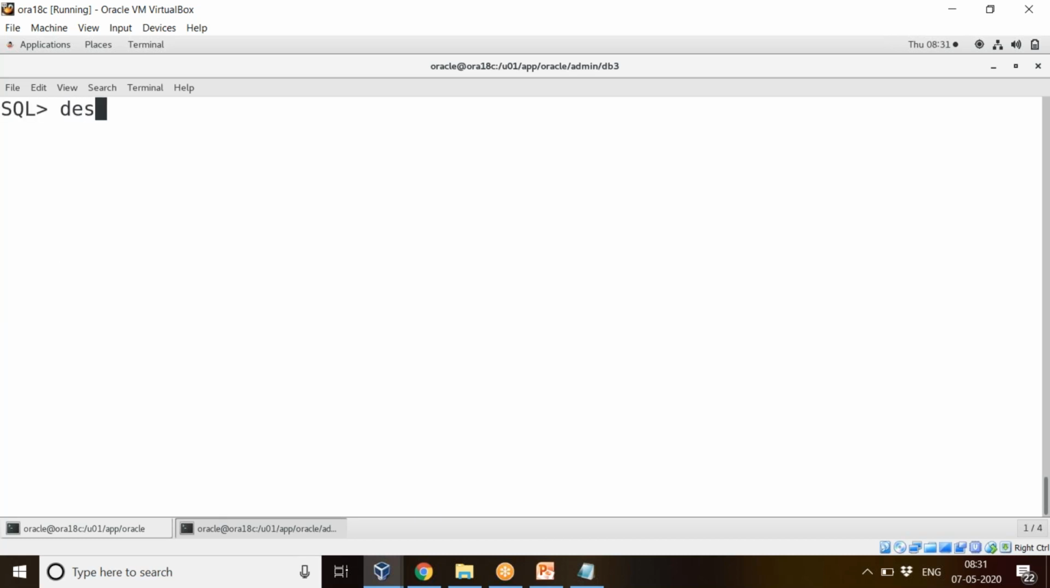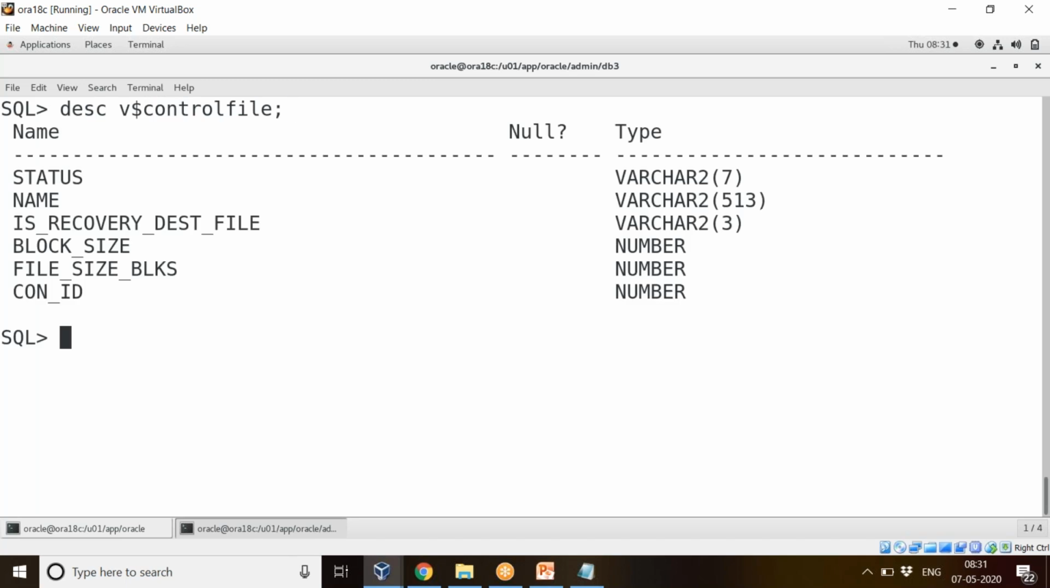So similarly I can check $v control file. So if I want to find out what is the location of the control files, I can very well use this select name from $v control file. Fine,